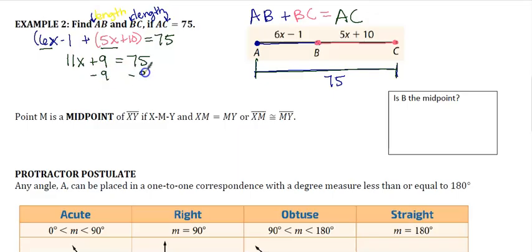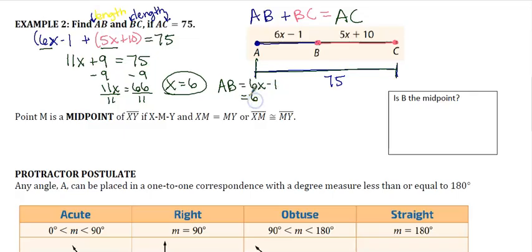So we're going to subtract 9 from both sides. 11x equals 66. Divide by 11, and x equals 6. Okay, so great. We know x is 6. But that still hasn't answered our question. We have to find the length of AB and the length of BC. So we're going to plug the 6 into each of these. So AB is equal to 6x minus 1, which is 6 times 6 minus 1. So 36 minus 1 is